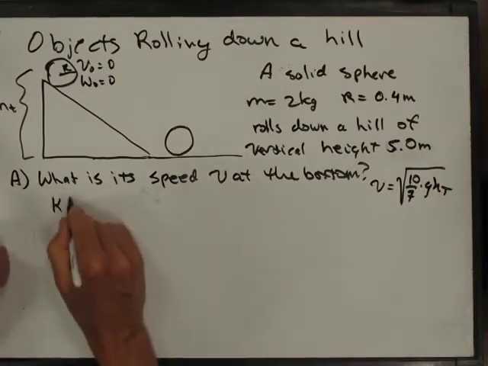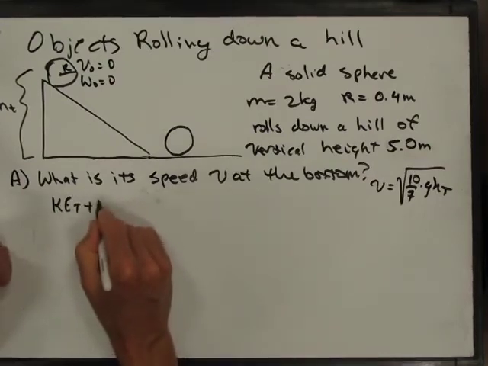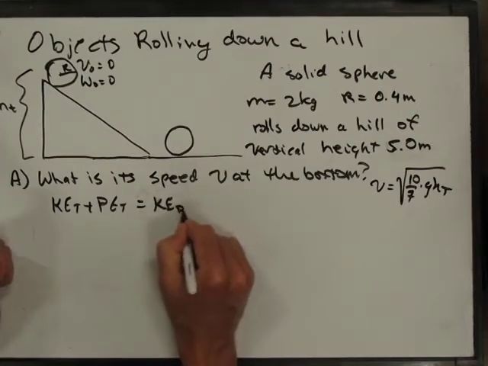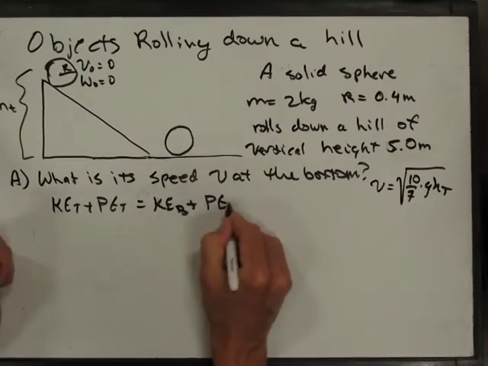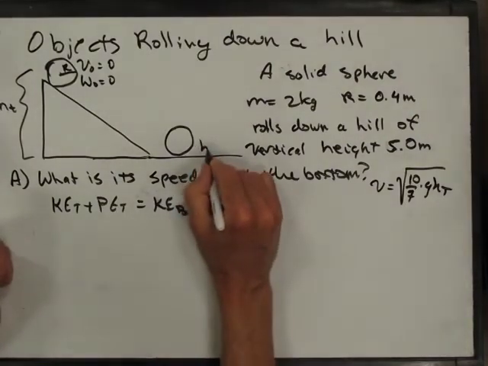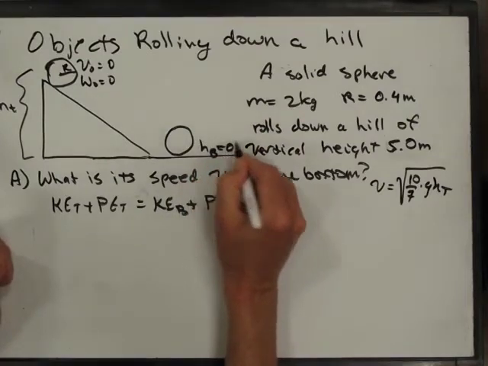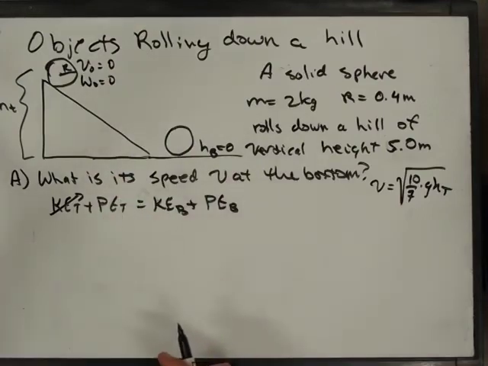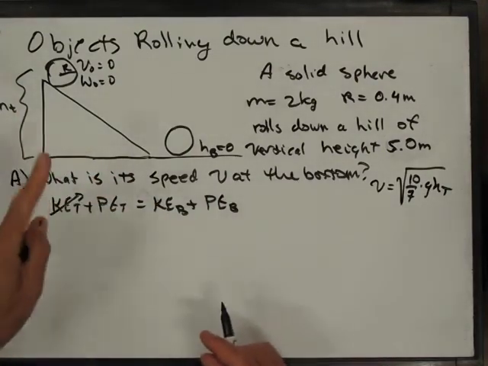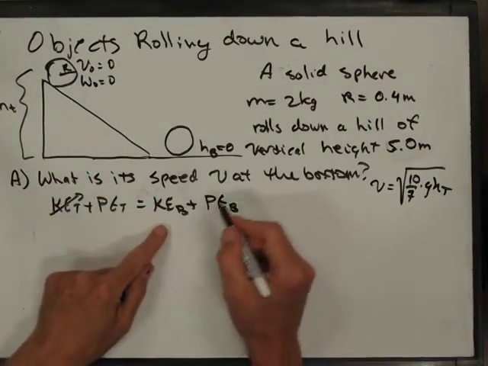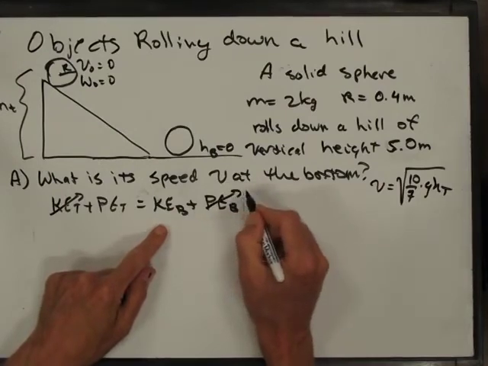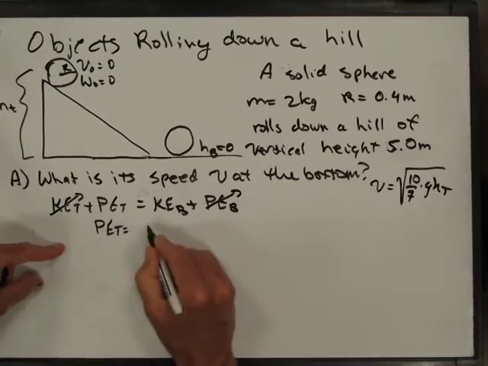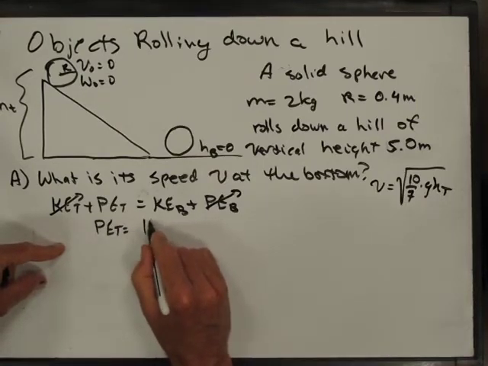I'm going to say the kinetic energy at the top plus the potential energy at the top equals the kinetic energy at the bottom plus the potential energy at the bottom. And the height at the bottom is equal to 0. Since it's got no kinetic energy at the top, assuming it starts from rest, and no potential energy at the bottom,